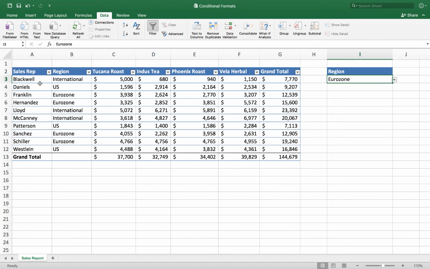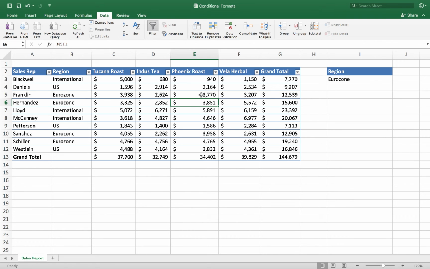And I want to create a conditional formatting rule that says whatever I choose from the drop-down list, it's going to highlight not just the region over here, not just the stuff in column B. I want to highlight the entire row for that region, for that item. Okay. So to do that, we're going to create a custom